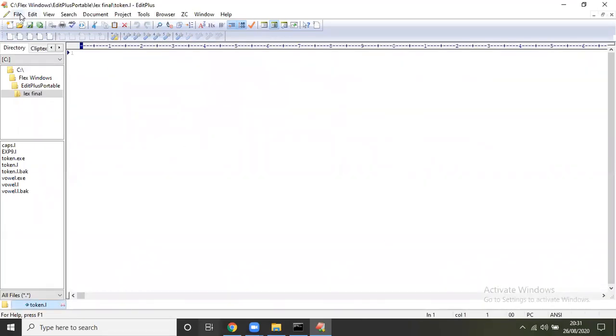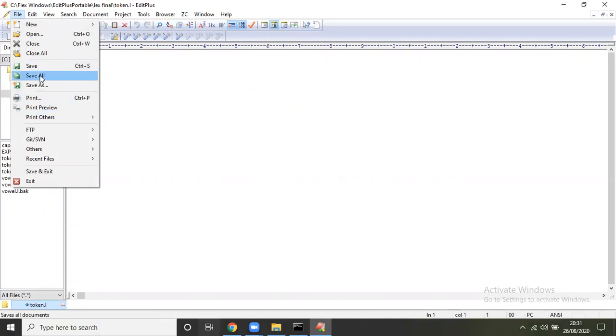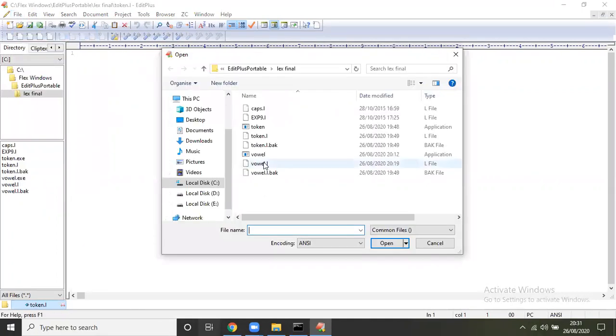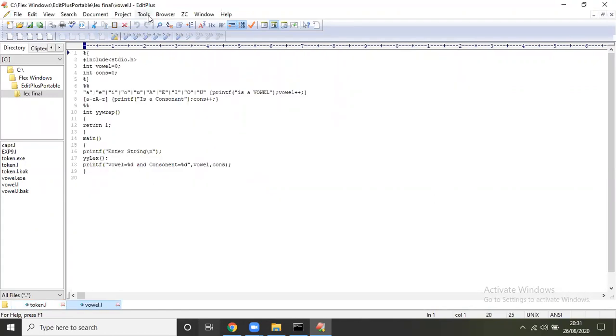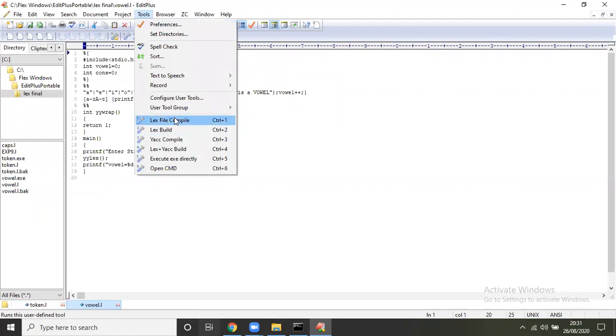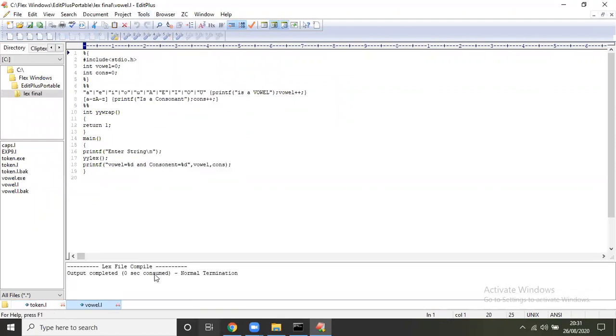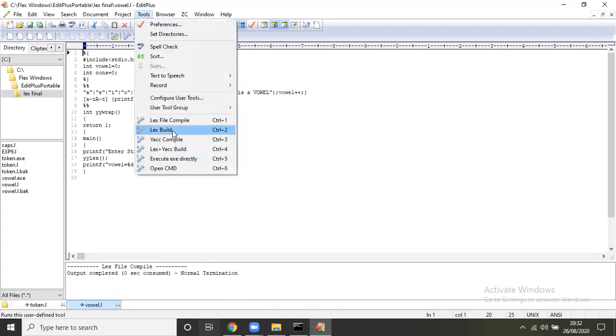Because this program is already done, we open some other file like vowel.l. Then we go to Tools and Lex File Compile. Here we have the status of the compilation process. This is completed. Then the next option is Lex Build.